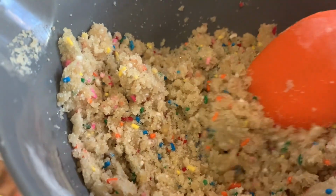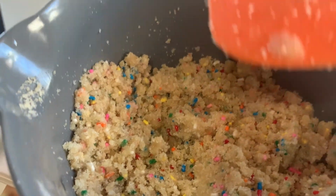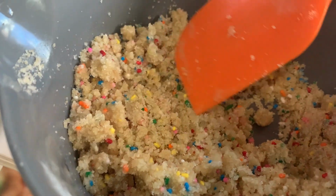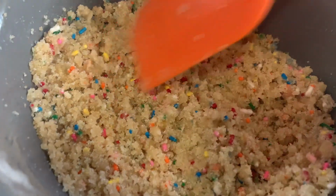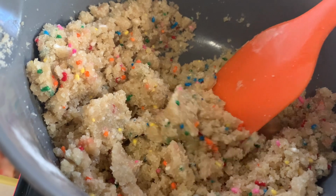Guys, so here is what the crumbs look like mixed. I ended up taking out my mixer, even though I said I wasn't, because I just needed to get the crumbs going. So it squishes together if I squish it. It's like wet sand. So, looks so nice. All those sprinkles, so I dare say sprinkled within, you know what I'm saying? So we gotta put these in the oven for 20 minutes at 300 degrees,